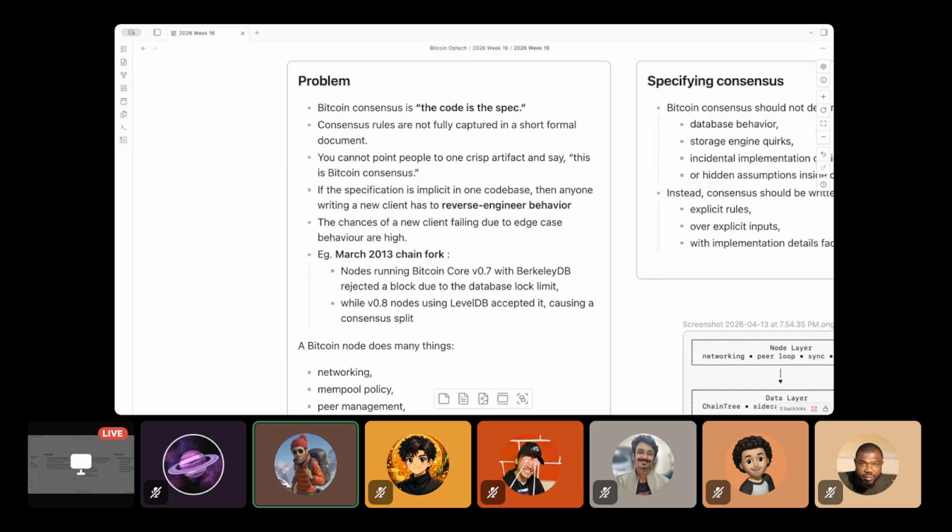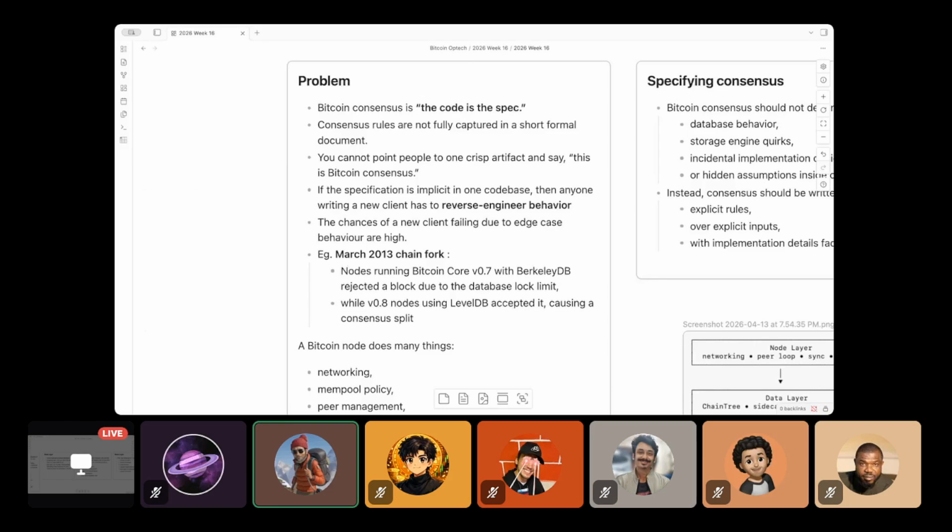One clear example of why this is a problem is that in 2013 there was a fork. What happened was there was a shift from Berkeley DB to LevelDB. It is a database that is used to store various things like the chain state, UTXO, and other things.